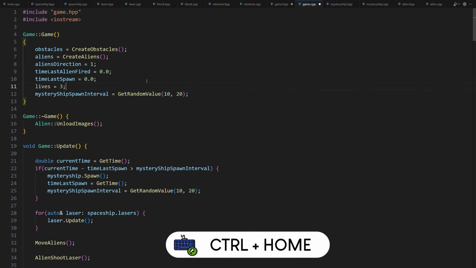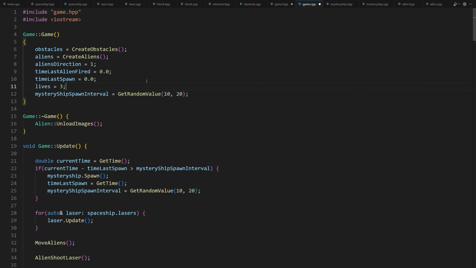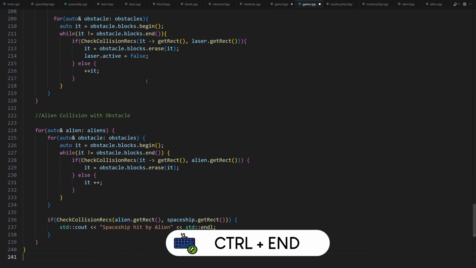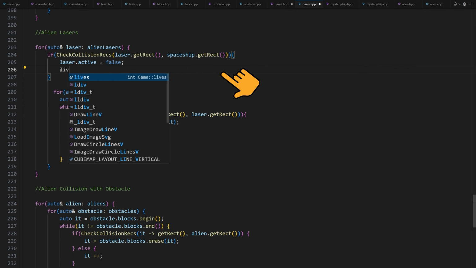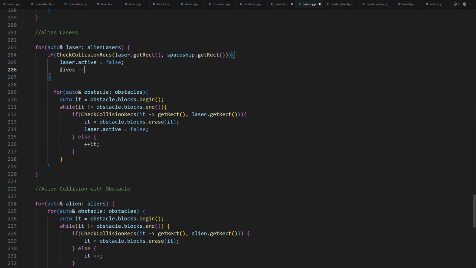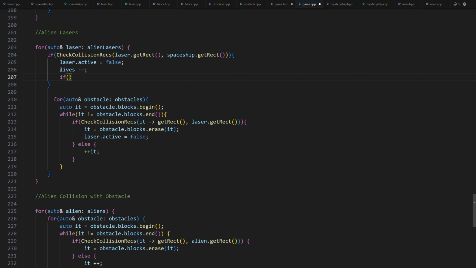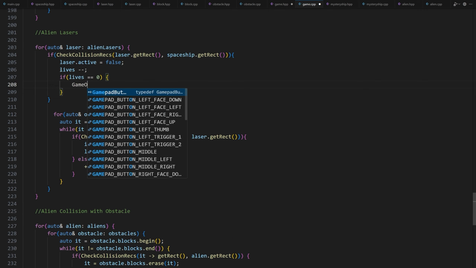Now we have to decrease the value of this attribute each time the spaceship is hit by a laser. So in the check for collisions method, we add the following. We check if the spaceship is hit by an alien laser here, so we add the following line: lives--. Now we have to check the number of lives remaining for the player. If this number is 0, we have to end the game. If (lives == 0) { GameOver(); }